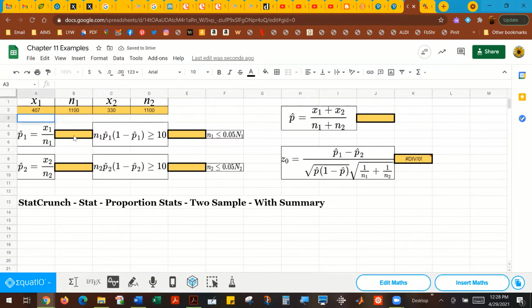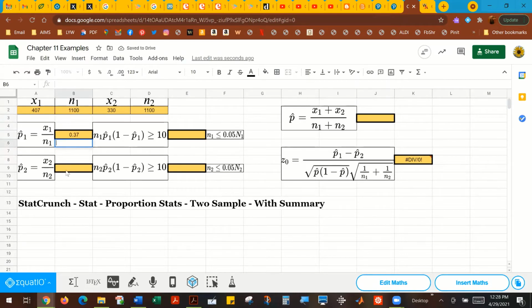Alrighty, so now to calculate our sample proportion for the first one, I'm just going to use the built-in functions to help me out. So this will be equal to, and we're dividing X1 by N1. So you will see I'm going to click on the box for our X1, divide by the N1. So just using those cells, you can type the numbers in if you want, but I'm just using the cells to calculate this. Same thing we're going to do for our recent survey. So that's X2 divided by N2. So again, I'm going to click on the cell, divide by the N2 cell,